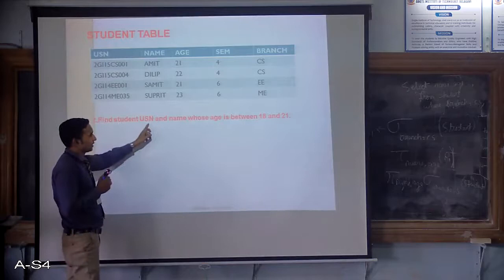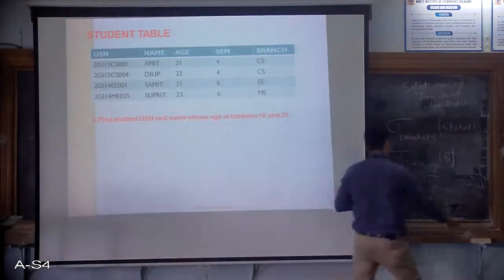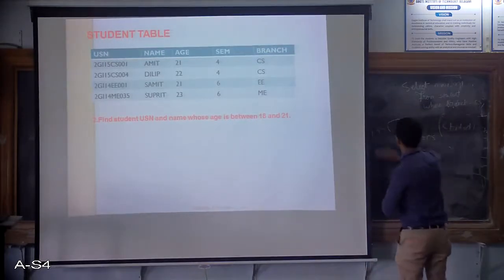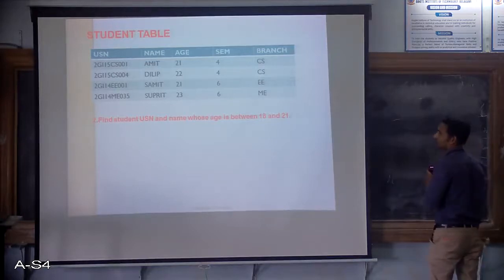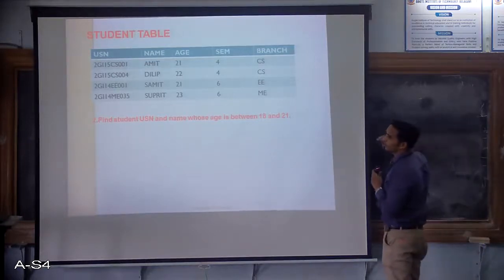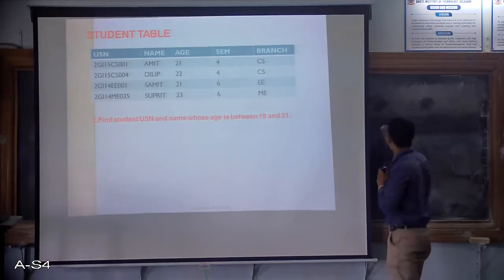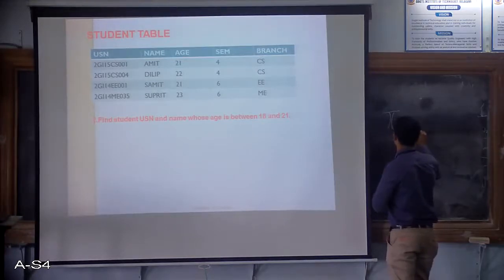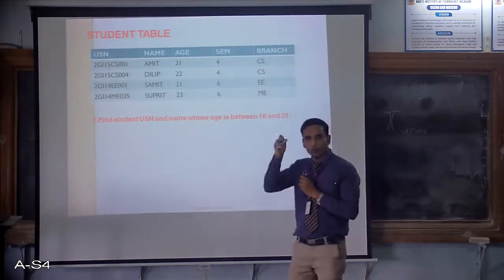Find the student USN and name. So what they want from me here is, now we'll not work with the SQL part here. What they want me to select? Name and USN. So I want to select only specific columns. What's the notation for that? Yeah. Pi. Pi, what I want? USN, comma, name. Fine. I have done with the column selection.